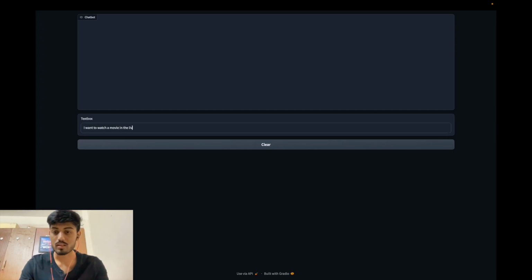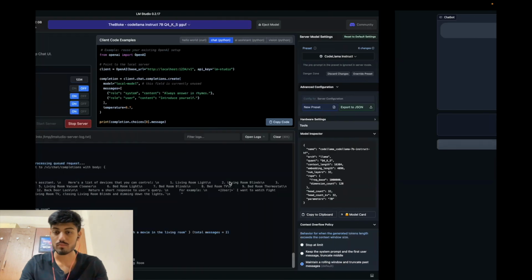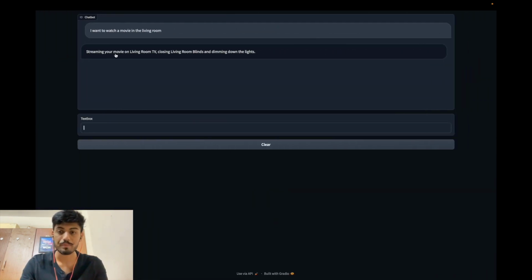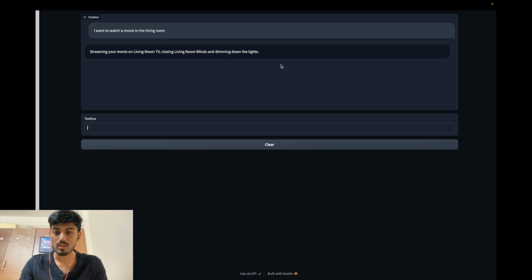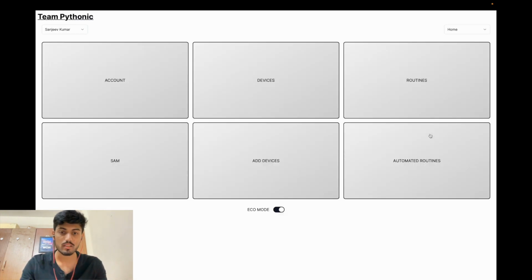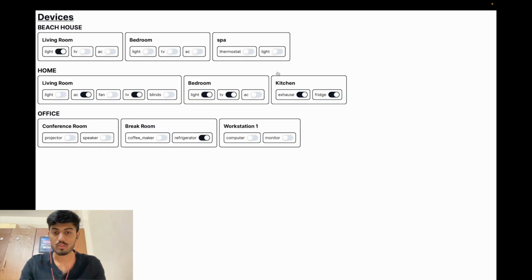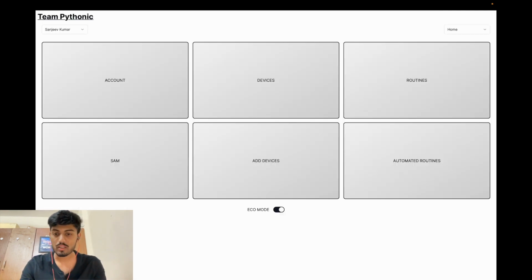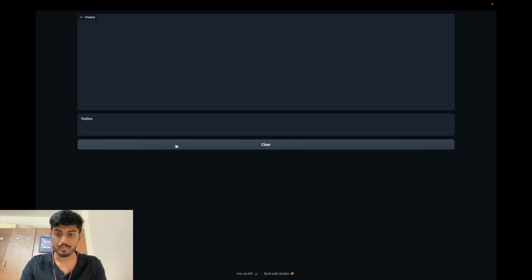Now we can just ask it a general query. We feel like watching a movie in the living room. It goes here. These are the tokens going into the LLM. Here we got the response that it closed the blinds and turned on the TV. We can go to devices and we can see the TV is on, the blinds are off, and the light is also off. Come back to Sam,